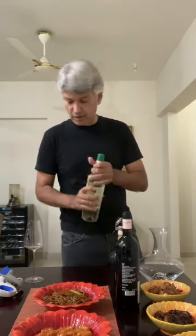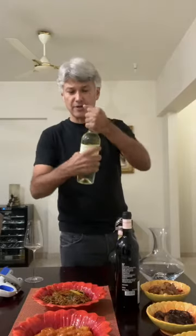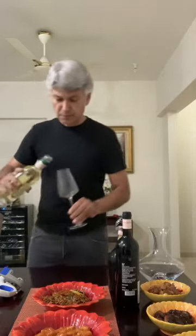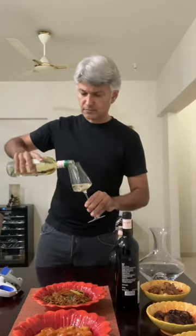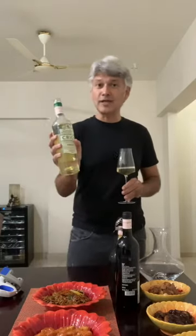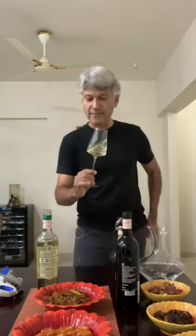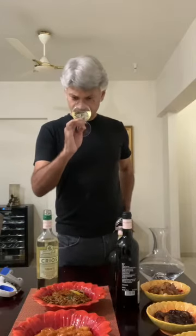If you open the bottle, which we are doing right now, it's a screw cap. So all you have to do is twist. It's fantastic. You don't need to use any opener or anything. It's a fantastic technology. Just pouring one. We are drinking a 2018 vintage, which is the latest vintage that we have. The interesting thing about this wine is it has got these beautiful aromas of rose and lychees, and with a